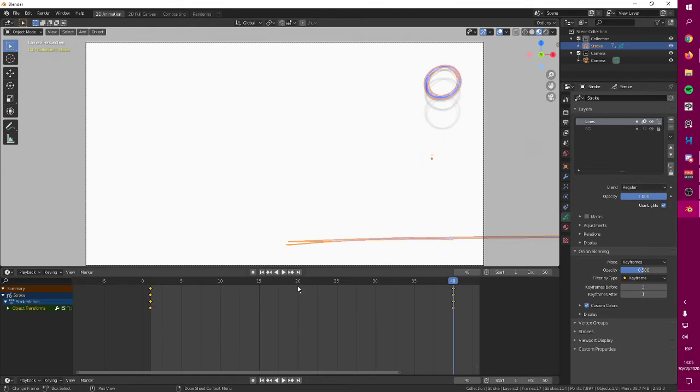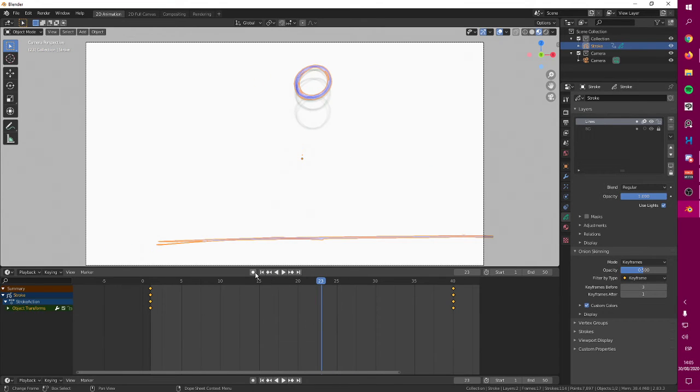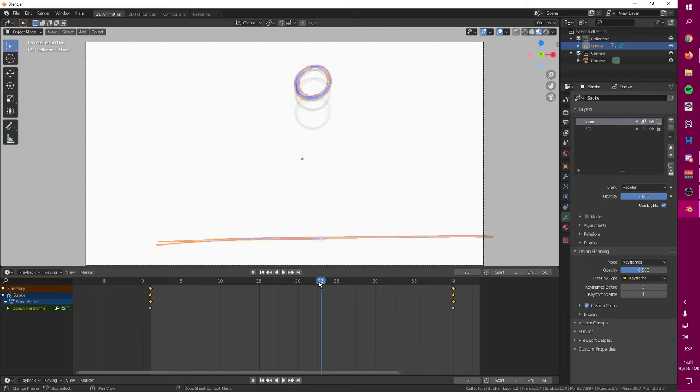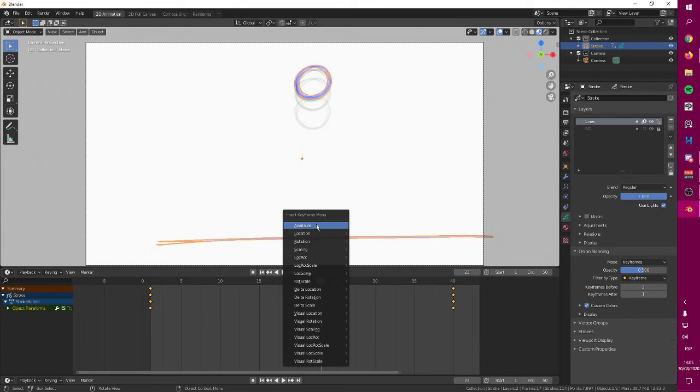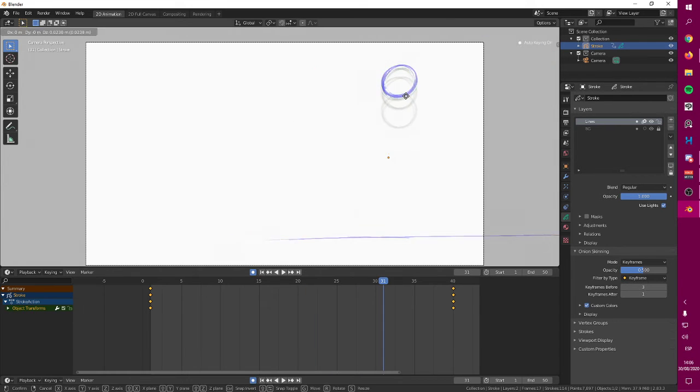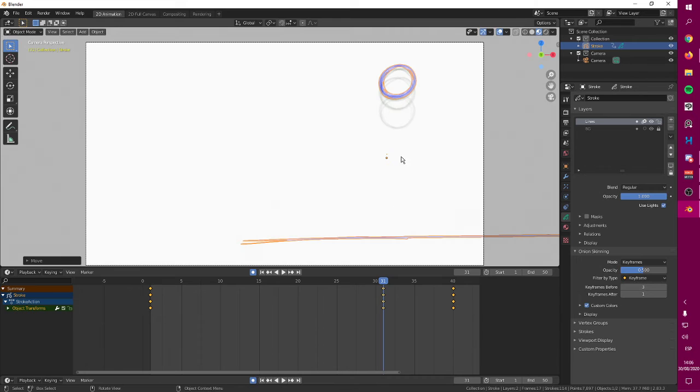By the way, another cool thing, you can press this button in here, which is the auto keying button. So if you want things to move around and create a key immediately without using the I letter shortcut, just press this, and wherever you are, if you move even something like this around, it's going to create a key immediately.